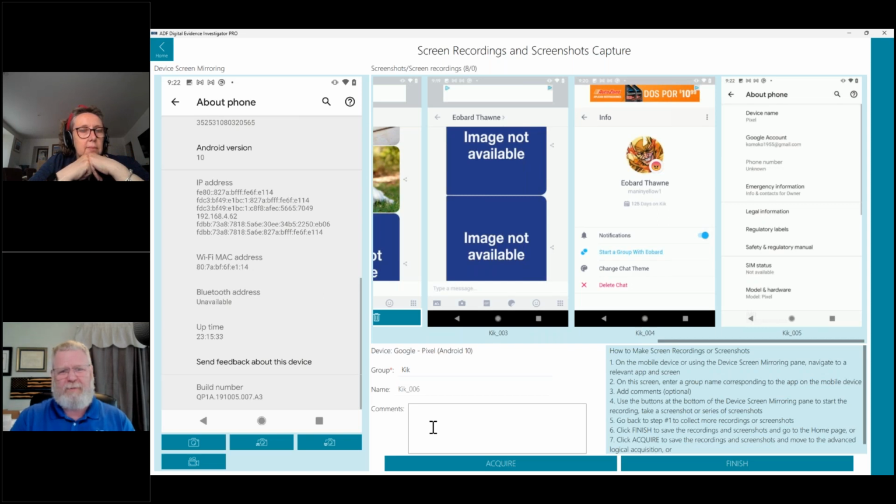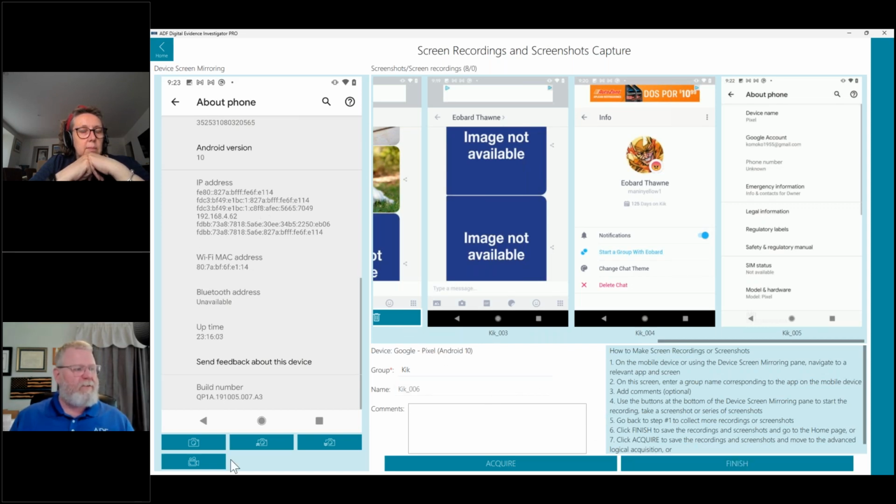Why did you take this picture? Because we all know you may not look at this. You may do 50 other cases before you have to look at this again, and you won't remember why I took a picture or why this says image not available, or where your thought process was. So comments. And the nice thing about our tool is if you missed a comment here, we'll show you when this is processed. You can also add comments to your images, your screenshots as well.